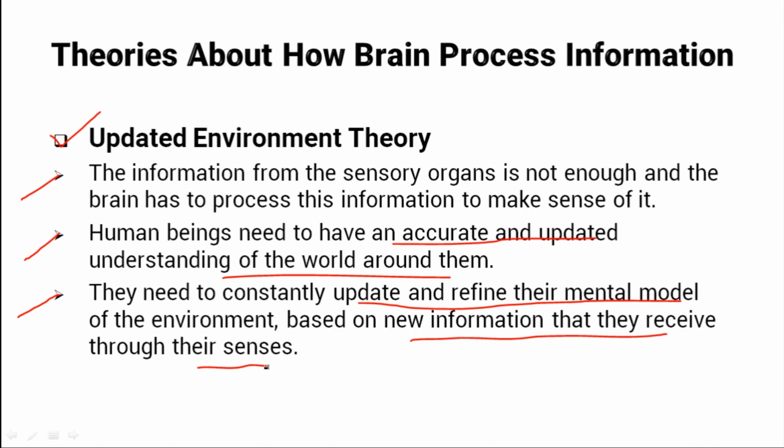So, what is perception then? Perception is how we make sense of the world around us. And it is not just about what we see, hear, touch or taste, but also about what we already know about the world. For example, when we see a lizard on a roof, we know that lizards mostly stay on the roof, so we perceive it as a lizard on the roof. This integration of sensory information and pre-existing knowledge is what perception is all about.